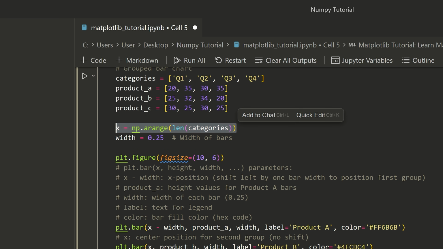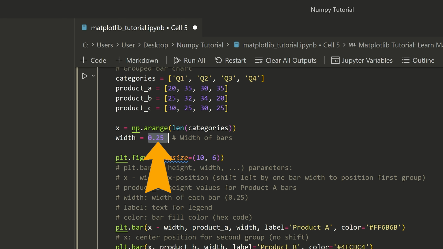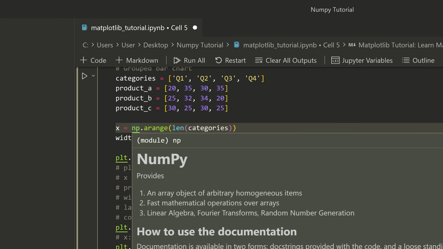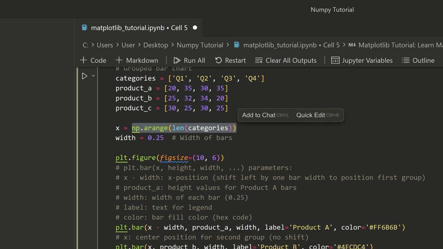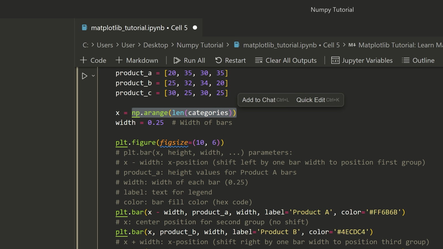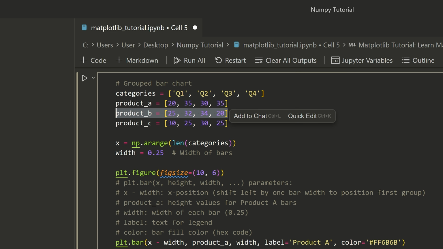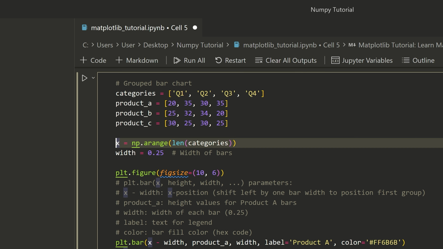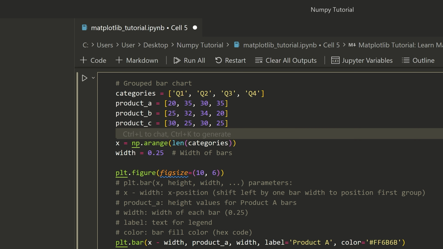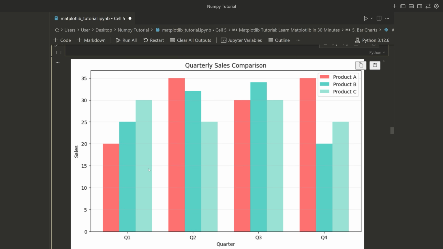And when I do X minus, for example, 0.25, when I use NumPy, what happens is it subtracts 0.25 from every single value here. So you have to imagine that I have this X data associated with my product A, B, and C data, but I'm slightly adjusting the X values to be either to the left, to the middle, or to the right,